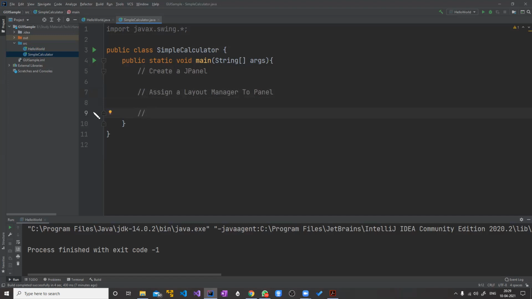Now this is a procedure which you have to follow, right? The third step is what?